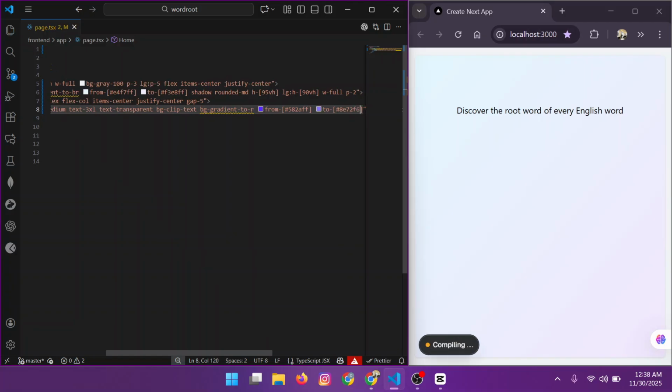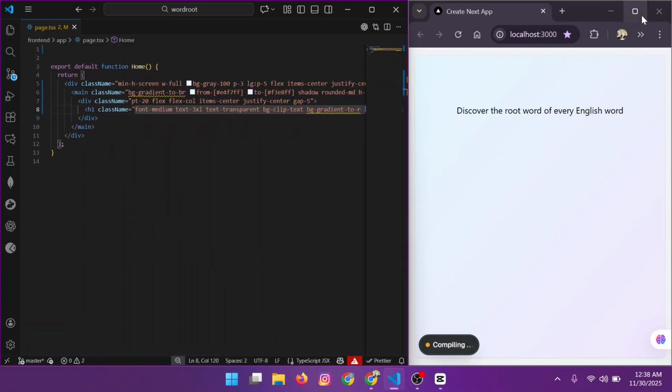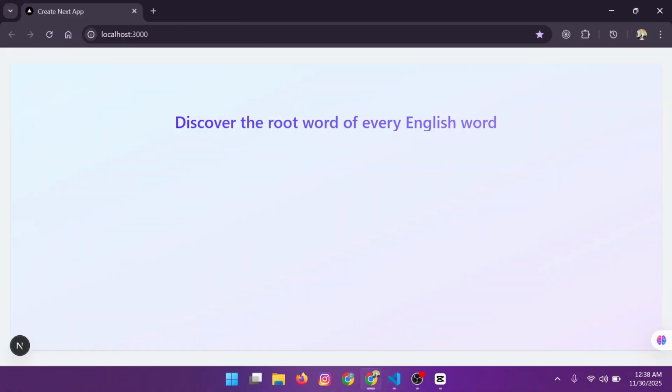So when we save the text, let's give it a minute to load up, so you can see